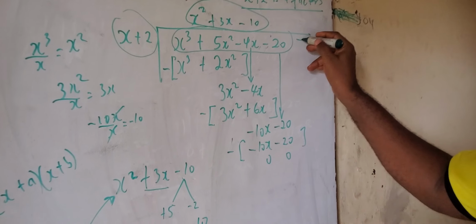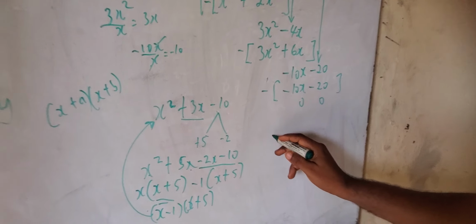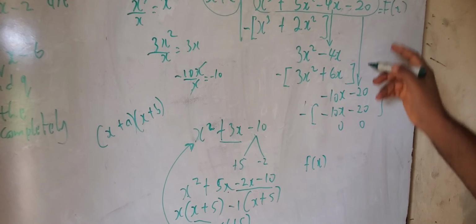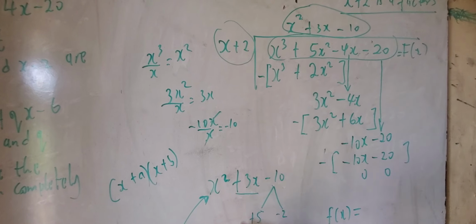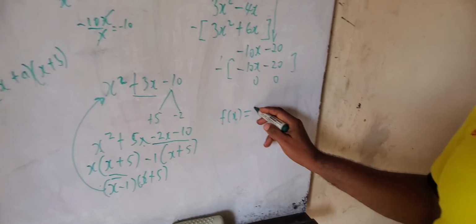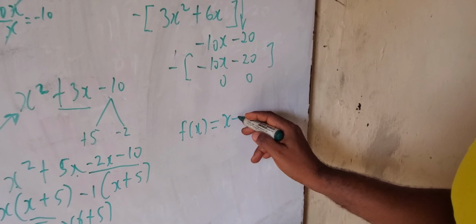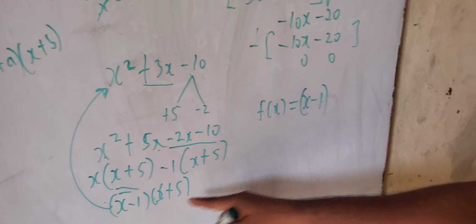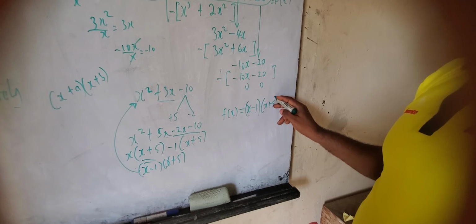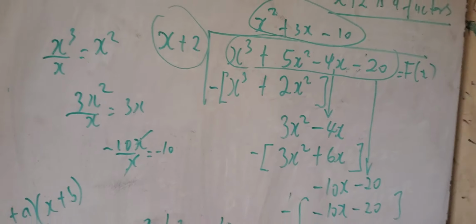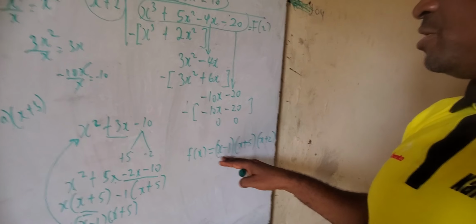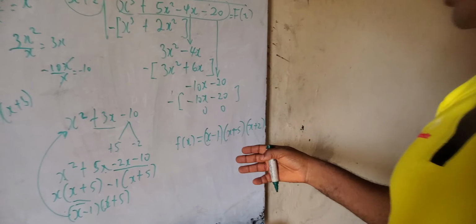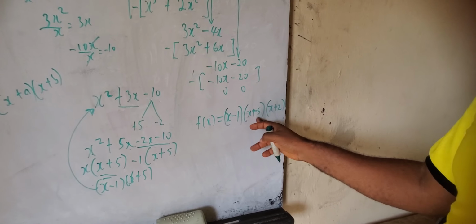So that means this particular polynomial function that we want to factorize, let's call it f of x. So my f of x now, which is this polynomial, in factorized form is going to be this factor together with these two other factors. So I'm having x minus 2 times x plus 5, then times x plus 2. You can rearrange the way you have written this multiplication. It obeys the associative property in mathematics. It's either you write this one first, follow